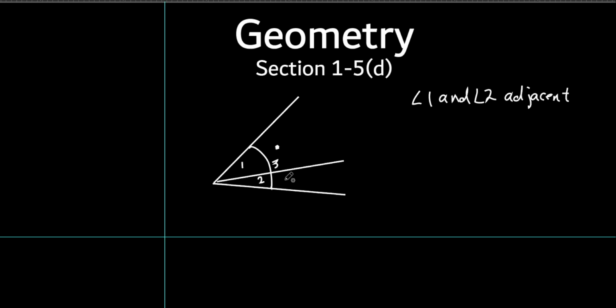All right, let's take a look at this. Look at angle 3. Angle 3 is kind of like the big house. Are angle 1 and angle 3 adjacent to each other? No, because 1 is inside of angle 3. What about 2 and 3? Are they adjacent? No, because angle 2 is inside angle 3. But what about angle 1 and 2? My townhouse is an end unit, so on one side I don't share it with anybody, but I do share on the other side with somebody. So we have a common wall between the two houses. And this is the common wall, or in this case, the common side between the two